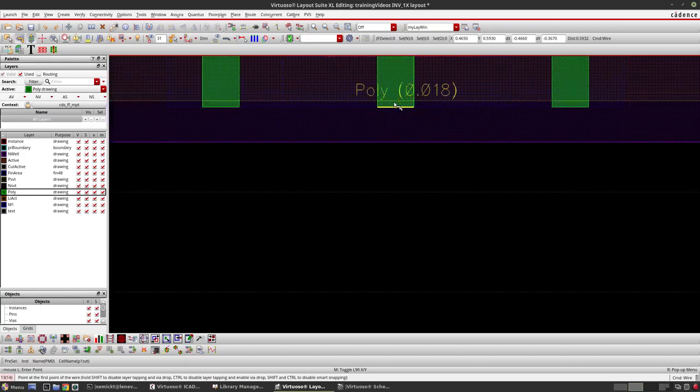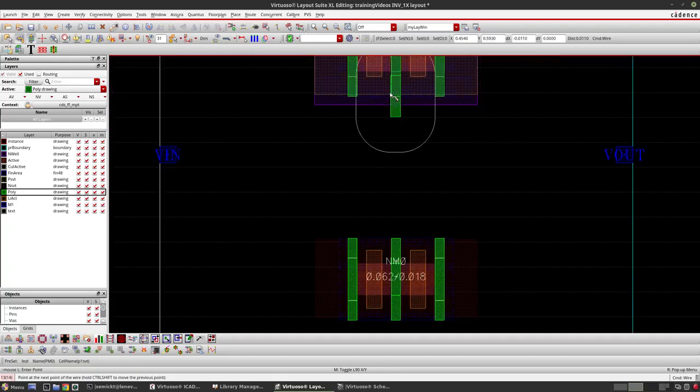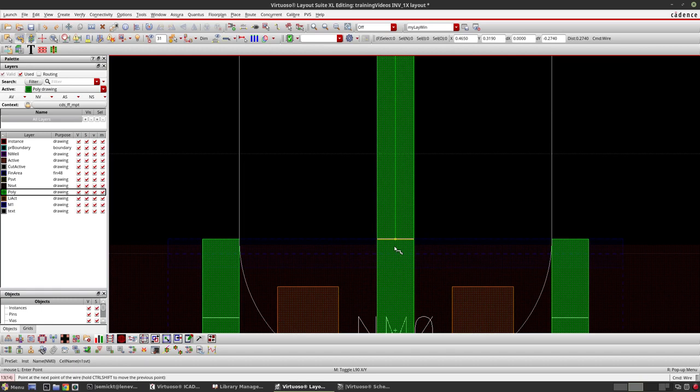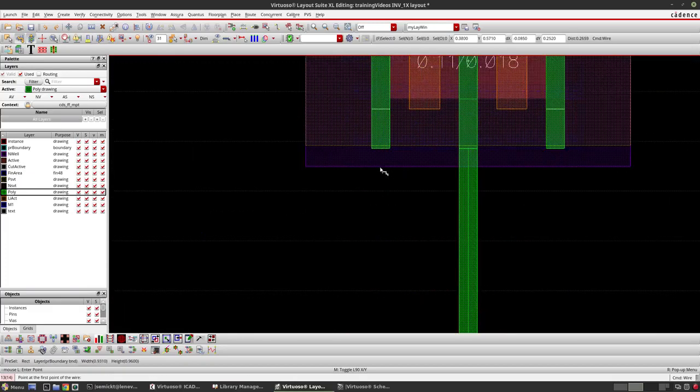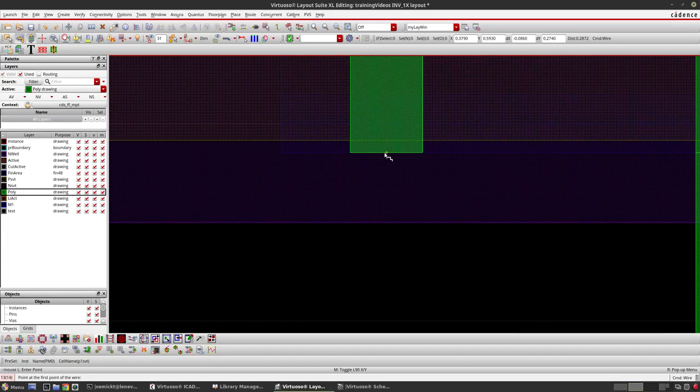As you can see, I just moved my mouse near the edge. It started highlighting here, and I will just click and release my left mouse button, and then I will drag my mouse freely, and bring it near this edge and press enter to cut the poly there. Again, I will do the same thing for this one. Here, no such edges are present. Okay, so